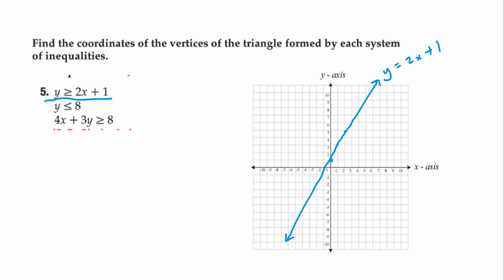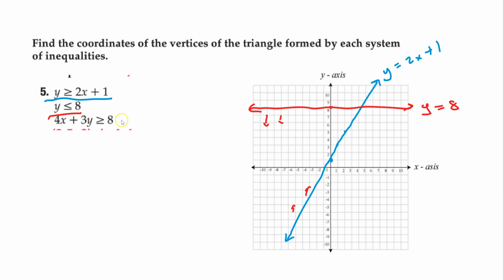Now the next one, y is less than or equal to 8. So remember the way that works, you go to where y equals 8, right here. And you follow the tally mark, so it should look like this. This is y equals 8. And I'm below this. I'm not going to shade to the very end, but basically I'm all below this. And then this one is greater than, so I'm above this one. So it's me in here somewhere. And the bottom one here,